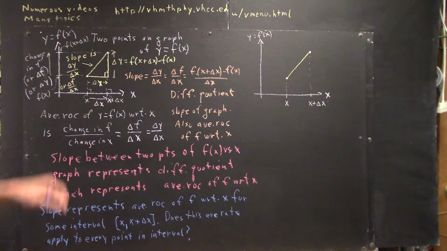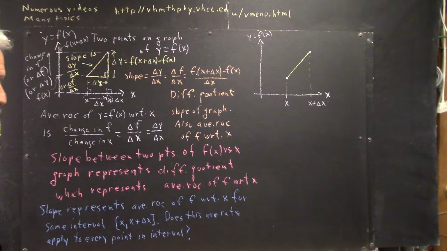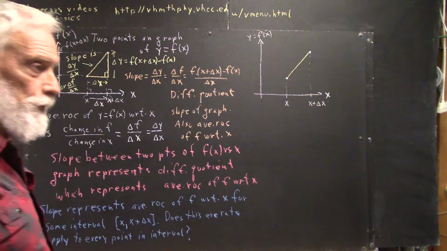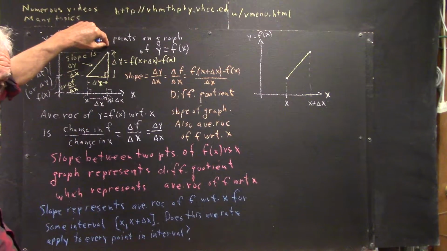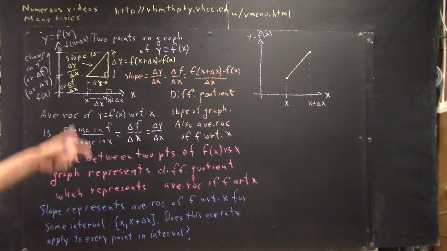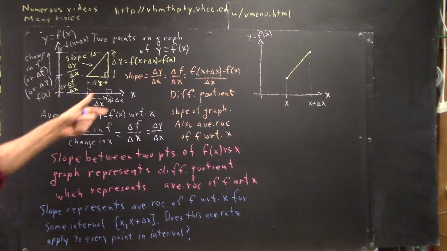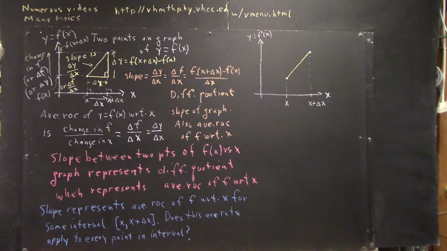So for any point in this interval from here to here, we can make the assumption that the average rate is the same as it is for the whole interval, but we also know that that might not be the case. It might be the best assumption we could make because we don't know anything else about whatever this function is representing. Okay, so let's actually then